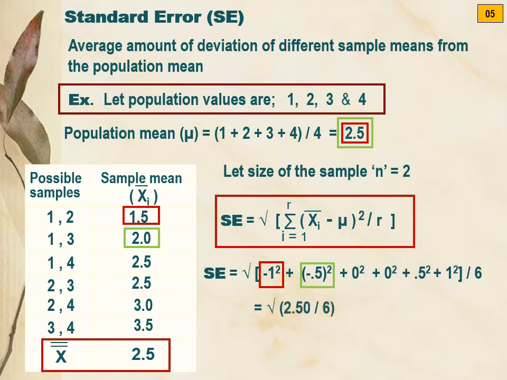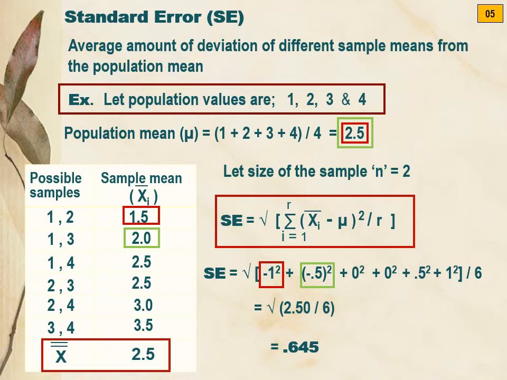So it will give you the value of SE as 0.645. So this is how we calculate the standard error of mean, or simply standard error, by obtaining samples of size 2. That is, you need to get all possible samples of that size, and you need to get the mean